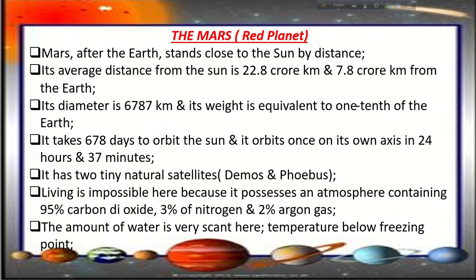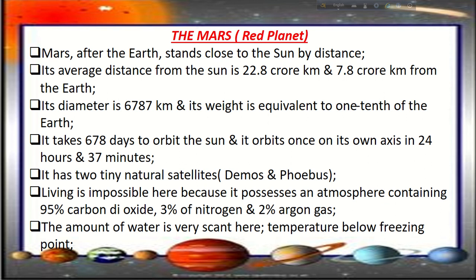So here are some major features of Mars, which is known as the red planet of the solar system. That is, Mars, after the Earth, stands close to the Sun by distance. Its average distance from the Sun is 22.8 crore kilometers and 7.8 crore kilometers from the Earth. Its diameter is 6787 kilometers and its weight is equivalent to 1/10 of the Earth. It takes 678 days to orbit the Sun, and it orbits once on its own axis in 24 hours and 37 minutes. It has two tiny natural satellites, Deimos and Phobos, and living is impossible here because it possesses an